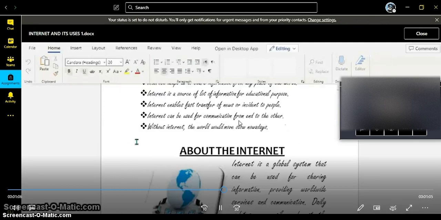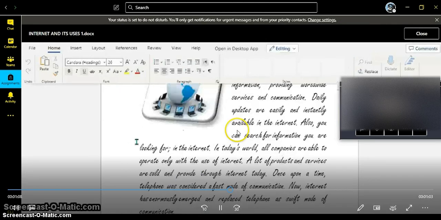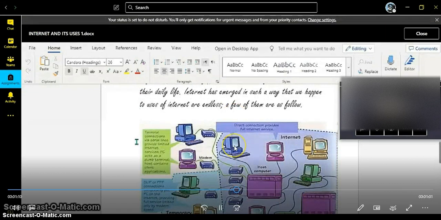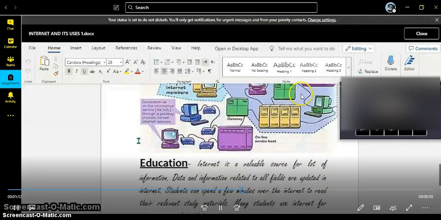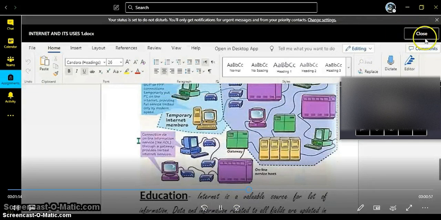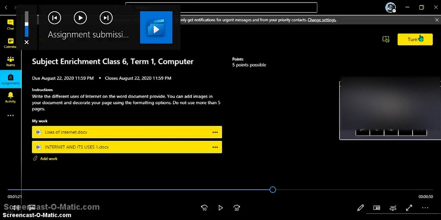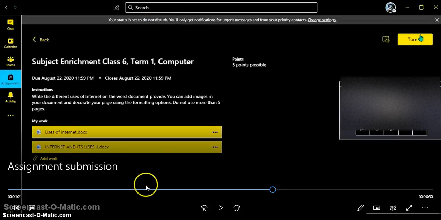So this is the document which you have attached, and I believe it is attached properly. So we will click on this close button, and after clicking the close button, you have to click on the turn in button. Here the turn in button is there and you have to click on this turn in button to submit your assignment. You have attached your document.